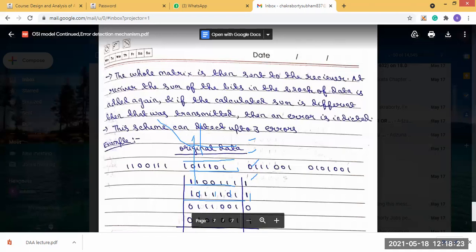So these are the two error detection techniques: one-dimensional parity checking and two-dimensional parity checking. In the next class, I will discuss the checksum and the cyclic redundancy check, which are used for error control. Is it clear to everyone?